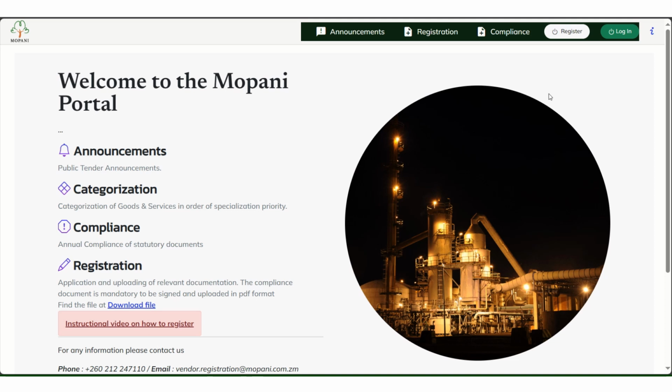Hi, I would like to take you through the vendor registration process at Mopani Copper Mines. We've noticed that some vendors are struggling with certain parts of the process, and it is those that I will cover today. The first thing I will show you is how to register for a new account so you can